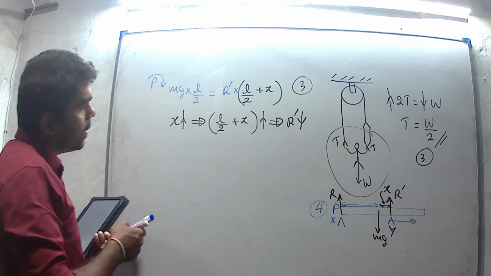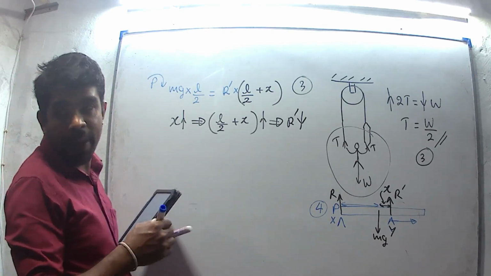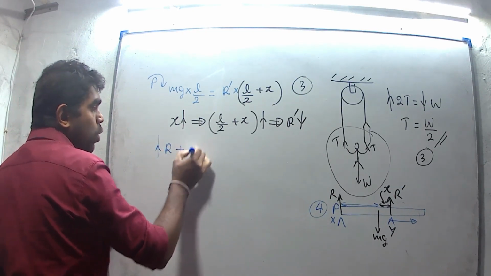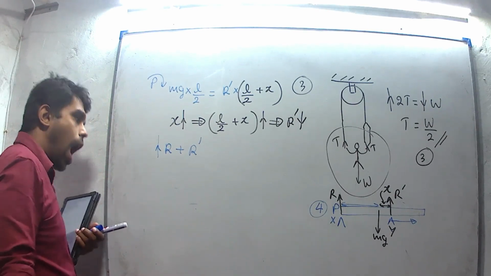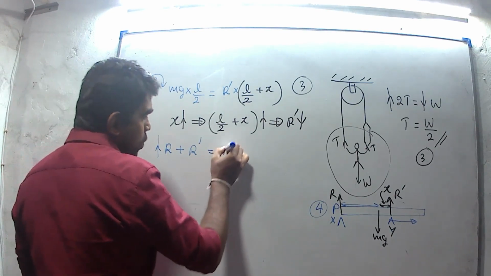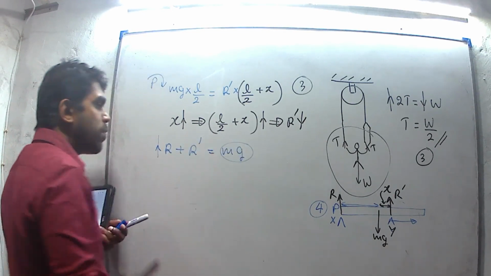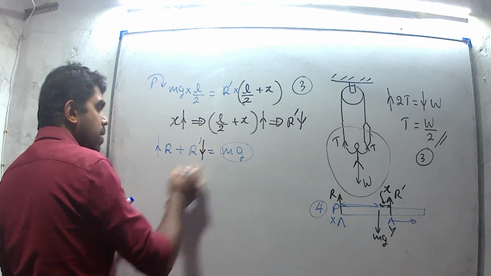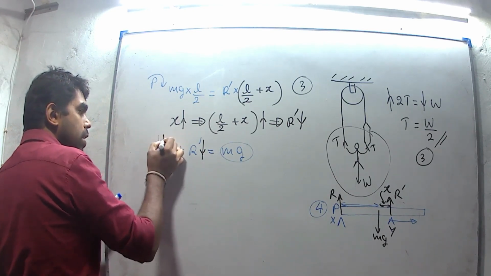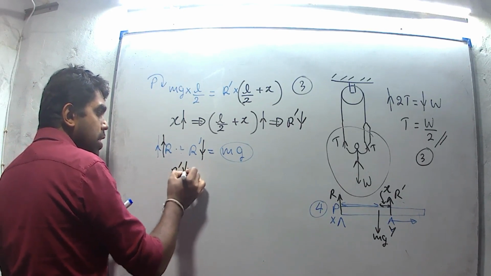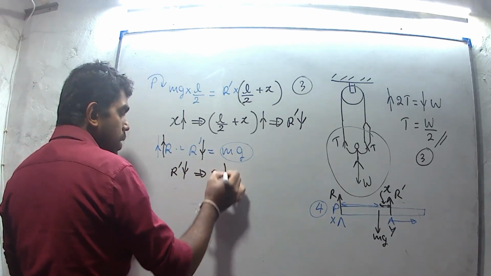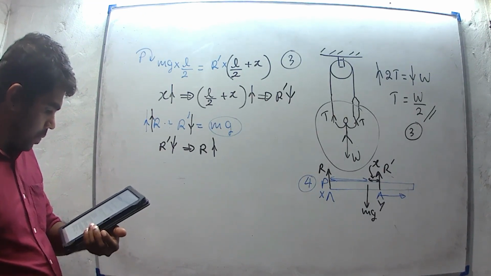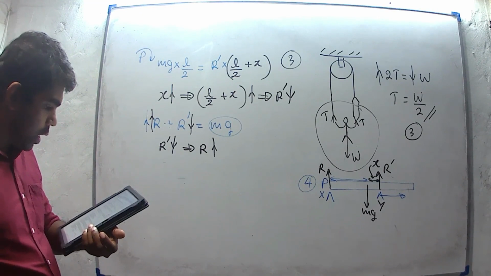Now we can consider vertical equilibrium of the system. When considering vertical equilibrium, there are two forces in the upward direction, R and R dash, which should be equal to mg. mg is constant for the rod. Then we can get that when R dash decreases, R should increase. We can consider the given statement: the reaction on the rod due to X